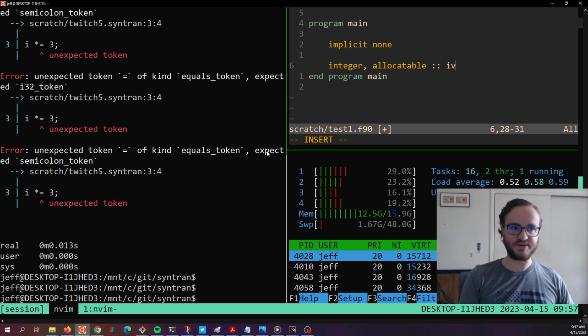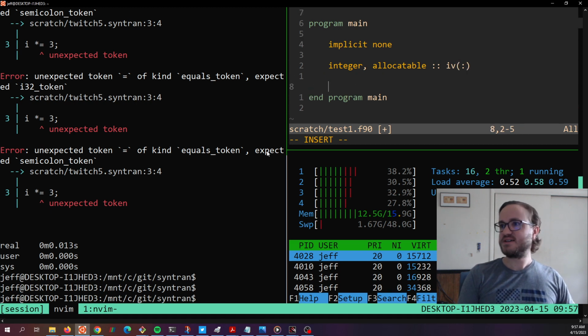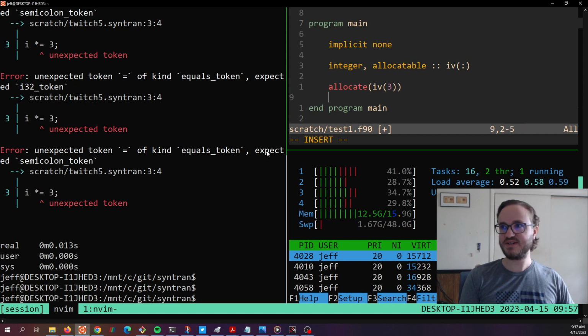Yeah, IV for integer vector. And then to allocate memory, there's this allocate function. So let's make it 3 elements big, and then I think this might be optional in more modern Fortran. I think you can automatically allocate things. Let's do 4, 5, 6,